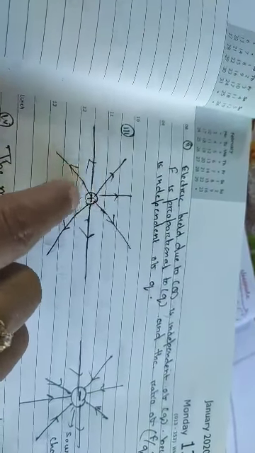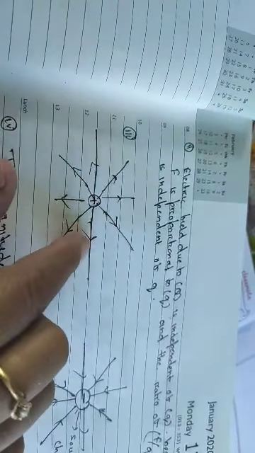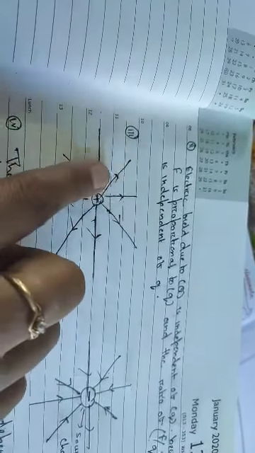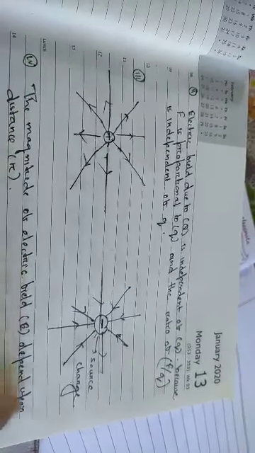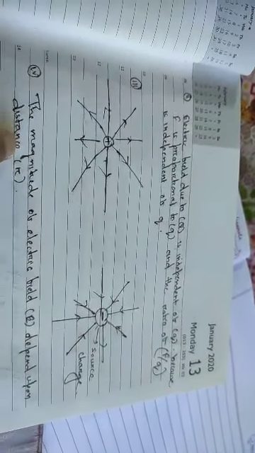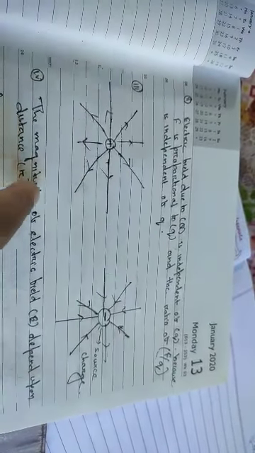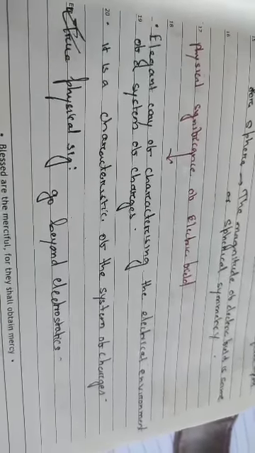Third thing. If the charge is positive, students, it always creates the electric field in the outward direction. Clear? This is a source charge. If the source charge is positive, it will create the electric field in the outward direction, and if the source charge is negative, it will create the electric field in the inward direction. Fourth important point: the magnitude of the electric field depends upon the position. Beforehand also I told you that the electric field always depends upon the position or the distance, the distance of the source from the test charge. Clear to you?